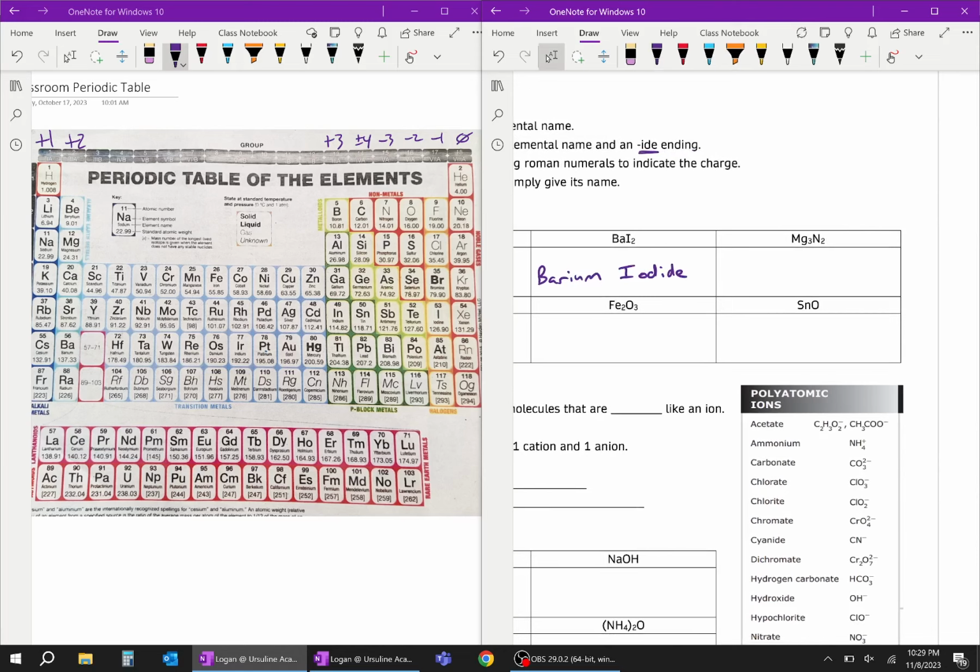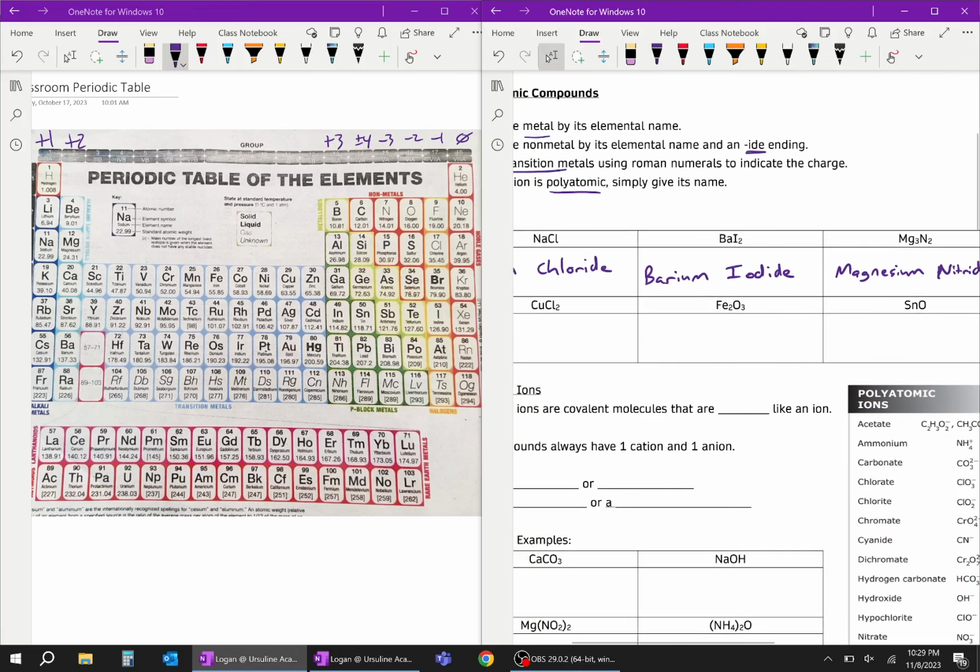We can just keep going through. The metal is magnesium, the nonmetal is nitrogen. So this would be called magnesium nitride. You'll notice that I'm completely ignoring the numbers in all of these naming conventions because, like we said yesterday,